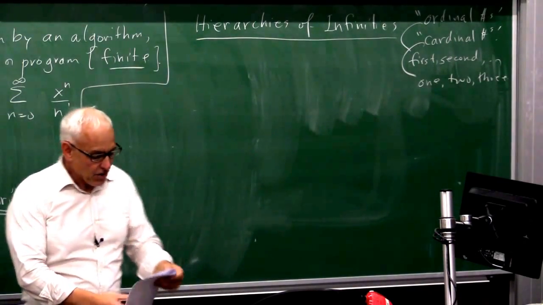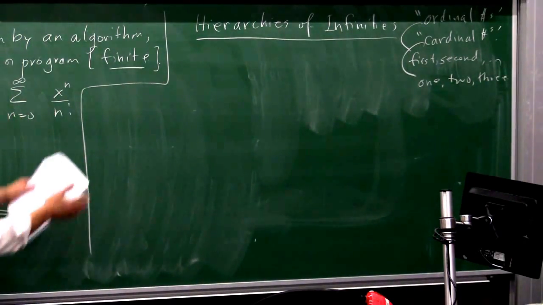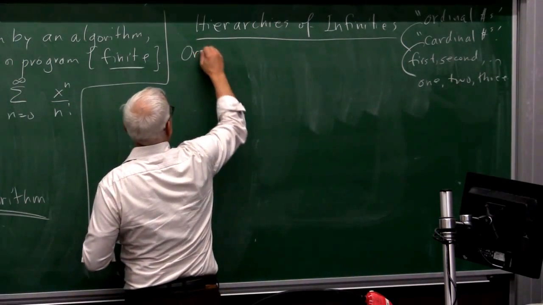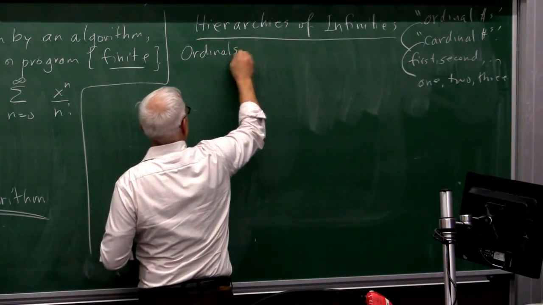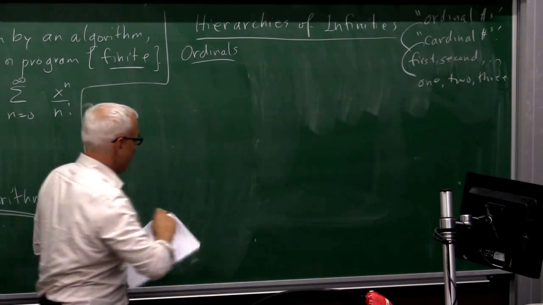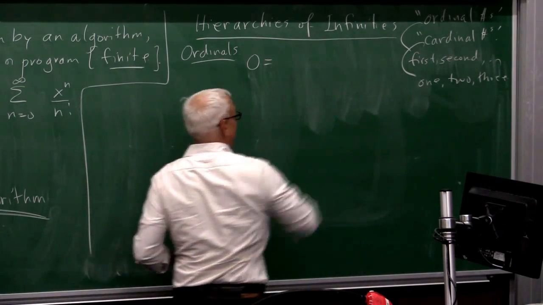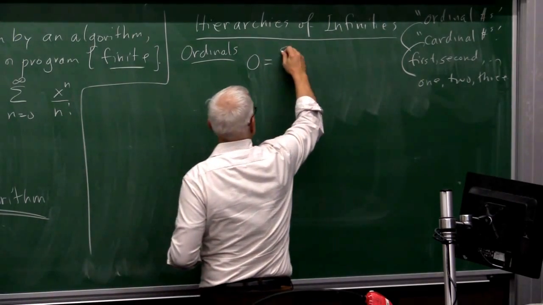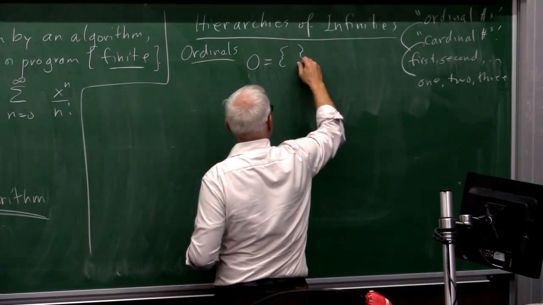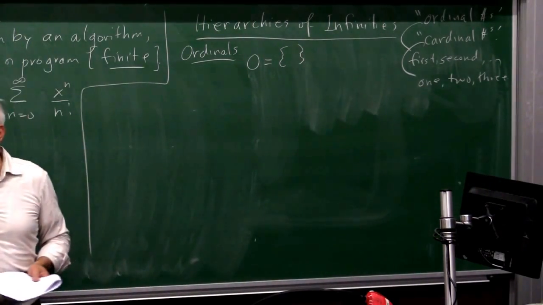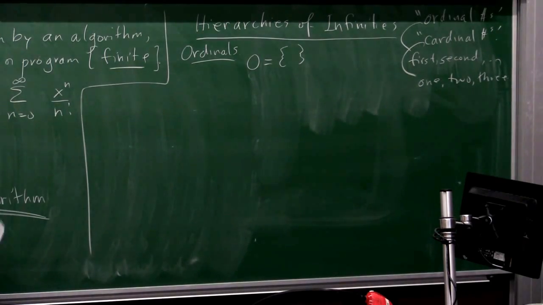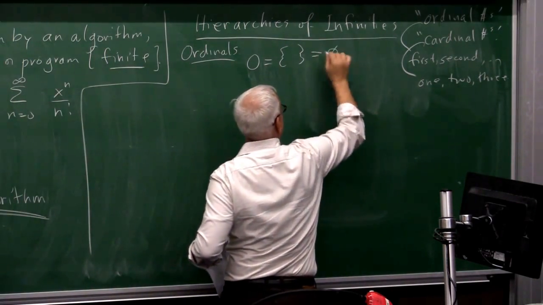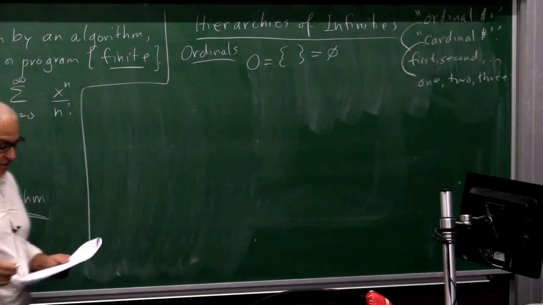Cantor and then other mathematicians realized that you could arrange a hierarchy of ordinal numbers. So here's the hierarchy of ordinals, just the very beginnings of it. First of all, we're going to start with 0, the 0th one. And that is going to be the simplest set of all, the empty set, the set with nothing in it, which we can think of as having a pair of braces, or we can think of it sometimes as just represented by this symbol too. Those are two different symbols for the empty set.